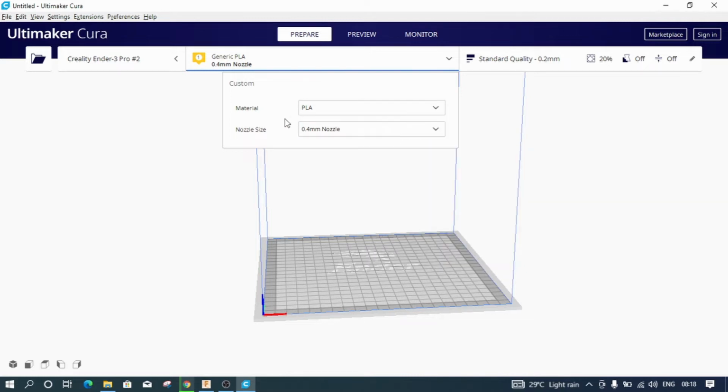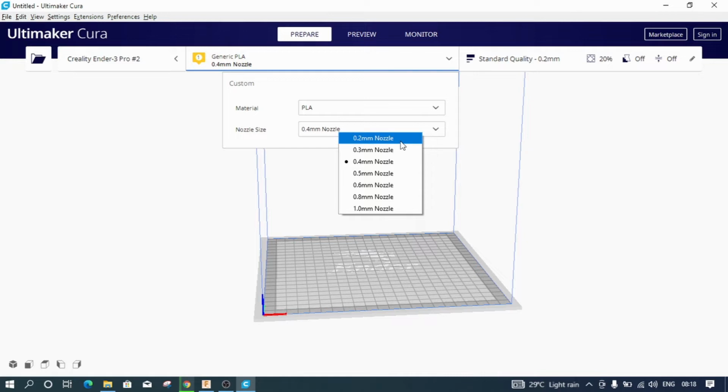So for now, I am good with PLA, and the second setting is your nozzle size. The most common size for 3D printers is 0.4 mm. That's the diameter of your nozzle, out of which the plastic material is going to melt and deposit onto your build plate. So 0.2 mm is the smallest nozzle dimension available in the market. You can purchase your nozzle as per your requirements and install it on your 3D printer, and you can adjust these settings by coming back to this particular menu.